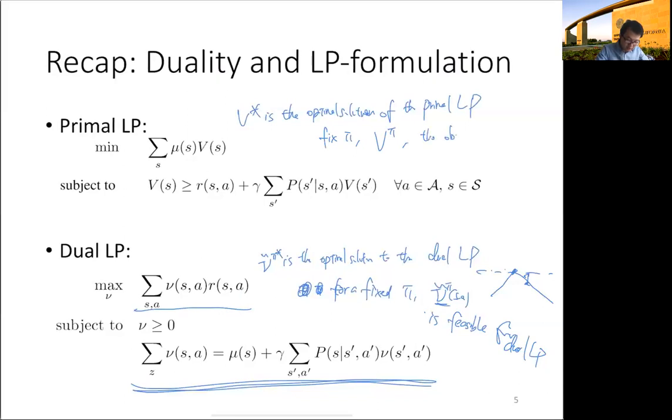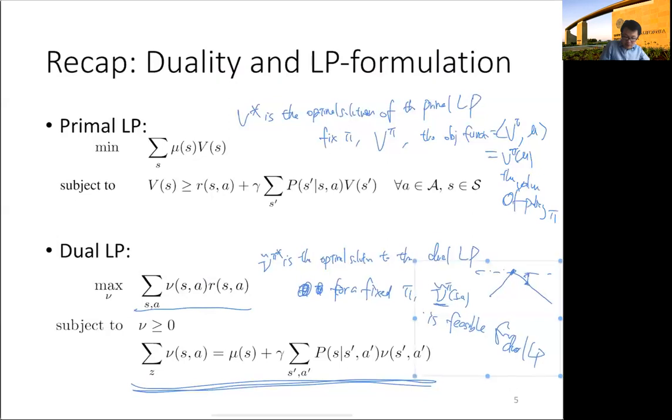The objective function is v pi inner product with mu, so this is equal to v pi of mu according to our notation. This is also the value of policy pi, so it should be exactly the same as this value, but